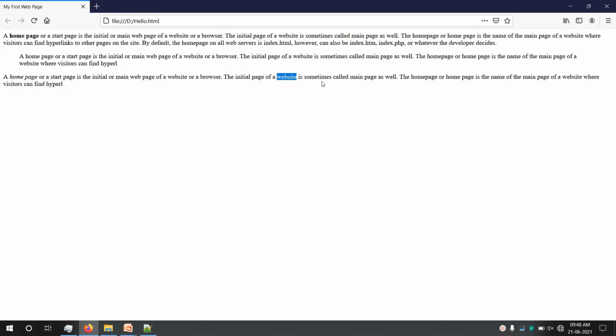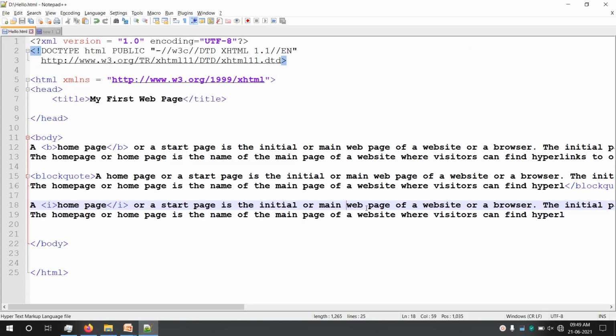Then what I can do is use the big tag, or if I want to make it small, I can use a small tag. Okay, let me make it big. I said this website should look big, so before that I'll add a tag that is big, and I'll close the big here.